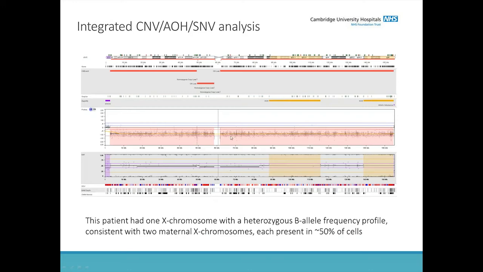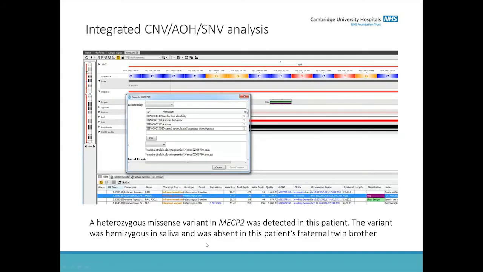So, obviously, as you can imagine, when you have a chimeric profile in your sequence data, it is very difficult to analyze and look for heterozygous or homozygous rare variants which would be pathogenic. But interestingly, we did identify using our ID panel filtering